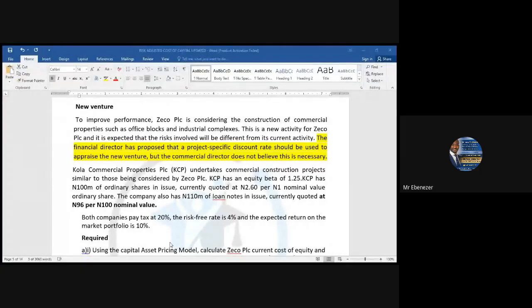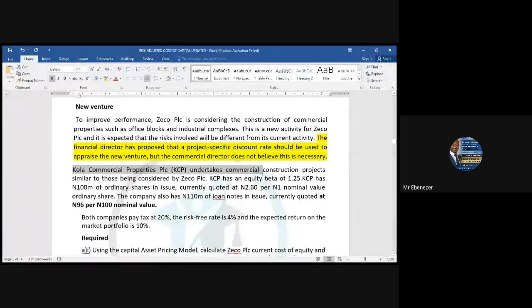But technically, practically, let's look at it. You want to go into another line of business, and you are telling me that I should not use a project-specific cost of capital to discount the project. There will be a problem on that investment. But the commercial director says no, it is not necessary. You, as a finance director, as an expert, have to explain to the commercial director. Now, Color Commercial Property PLC